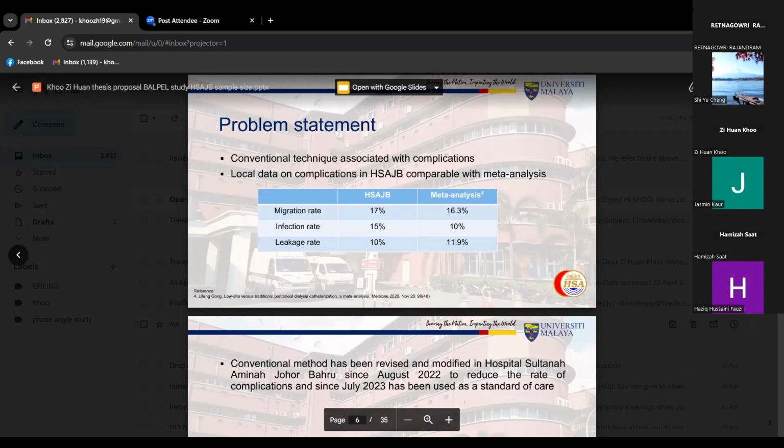Okay, so there is an existing method in the guidelines and that's being done, but your center is practicing a modified version of it, and you want to look at it in terms of whether it actually has good outcomes, correct? Correct. Okay, all right. Continue to your objective. What's your research objective?